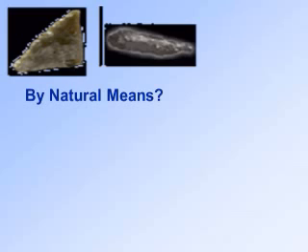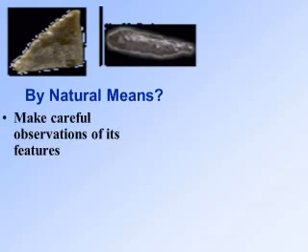How about this one? This is getting down to anthropology. I took this out of a science magazine. These two pieces of rock were found over in Africa by anthropologists. And the question they were trying to answer is, were those done by natural causes? Did they get in that shape by natural causes? Well, you can run all kinds of experiments, ladies and gentlemen, on that. Make careful observations of its features. You see, the edges of that rock are very sharp. It appears they were chipped off. That's what it looks like.